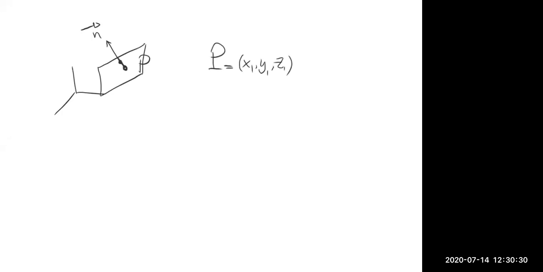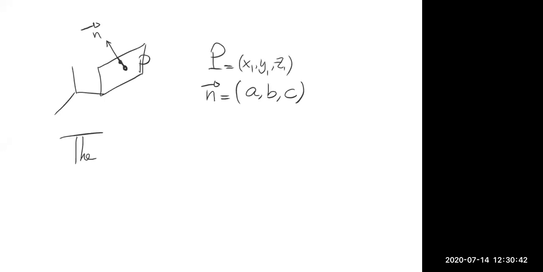So that's how we explicitly describe planes with a point P and the normal direction n. That would give us a plane which contains this point P and has the normal direction. So if the point P has coordinates x1, y1, and z1, and the normal vector n has the coordinates a, b, c, the equation,